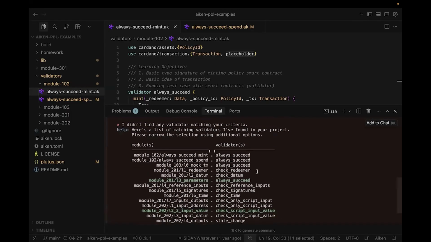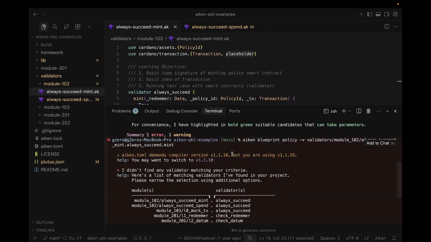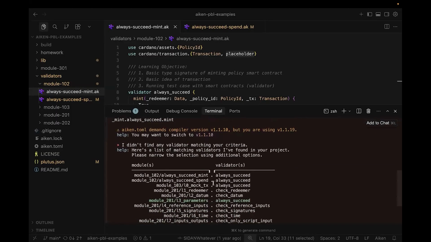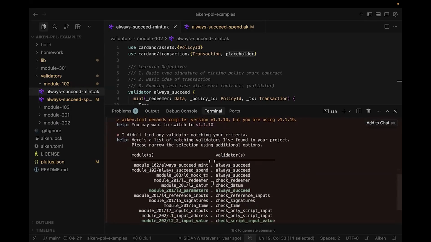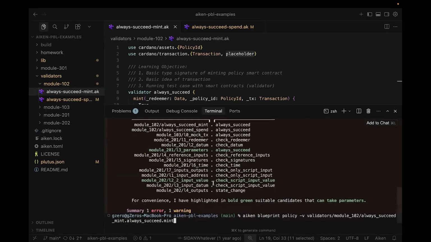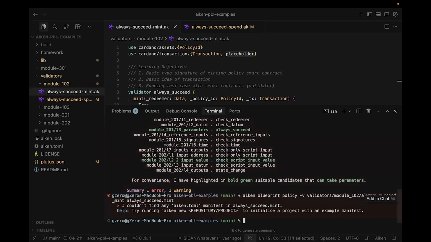I think we're not supposed to pass the dot. Maybe that's no. You know what, I think we shouldn't use the dot. I'm going to do this and see. Oh, try running